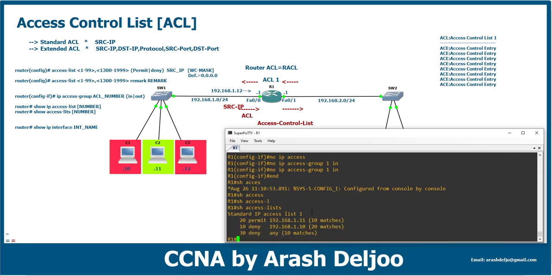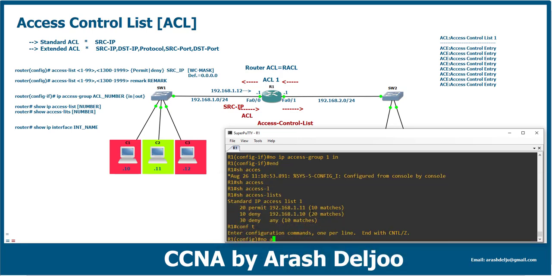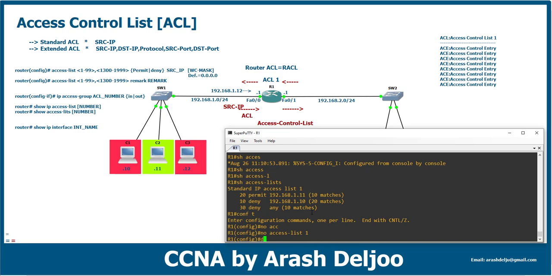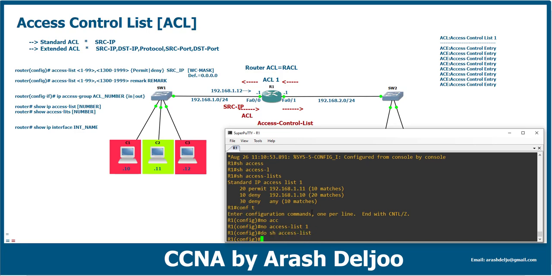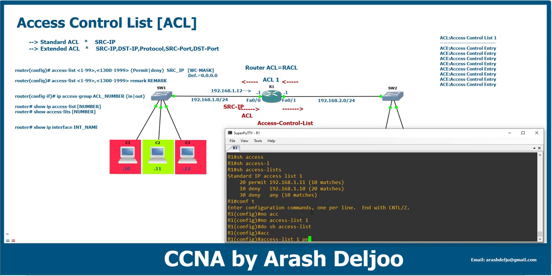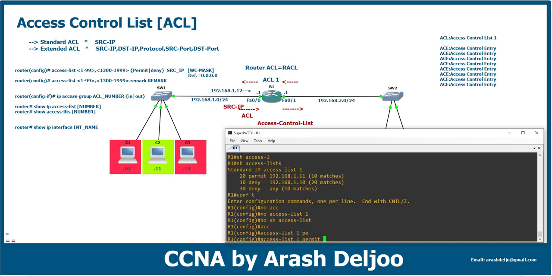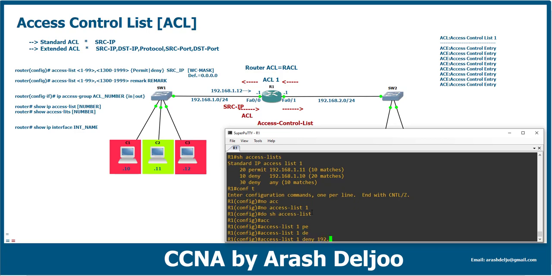Let me remove the ACL with no access-list 1. Now we don't have any ACL. Do show access-list. Okay, and again configuring the ACL. Access-list 1, permit or deny, the same ACL, 192.168.1.10, or if you want, you can configure host